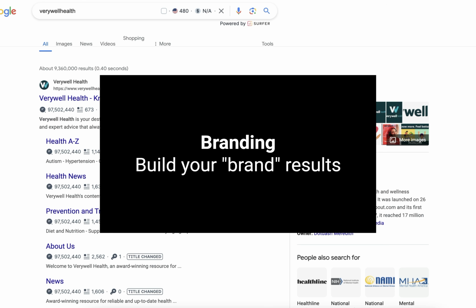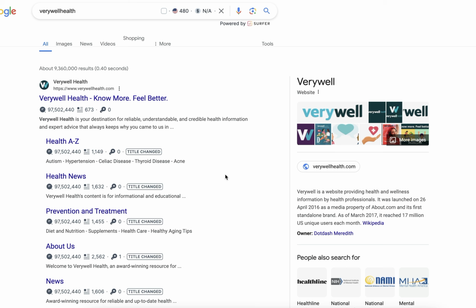Another key aspect to both domain and content penalties is trust and authority within the domain itself. This is unfortunately not measurable through any tools that we have. The only tool that we can use is actually Google itself. What we have here is a brand called Verywell Health, and if we scroll through their Google results, which is a way to see how Google is identifying the